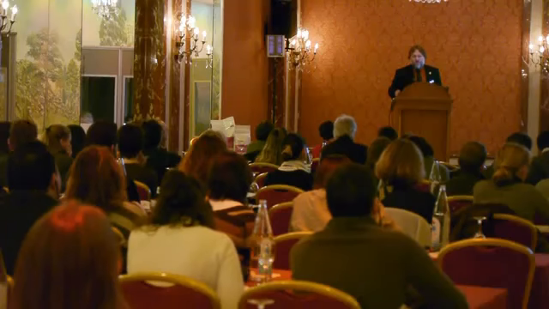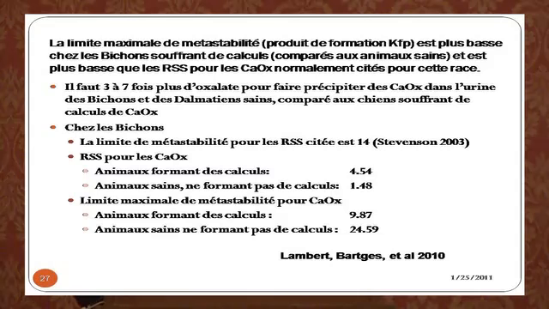In our limited studies to date, it takes much less in calcium oxalate stone forming dogs than it does in non-stone forming dogs. In other words, their upper limit of metastability is lower in stone forming dogs than in non-stone forming dogs. Now, the upper limit of metastability in both dogs and cats has been reported to be around 14. We have not done this work in cats yet, but in dogs, in Bichons who form stones, compared to Bichons that do not form calcium oxalate stones,